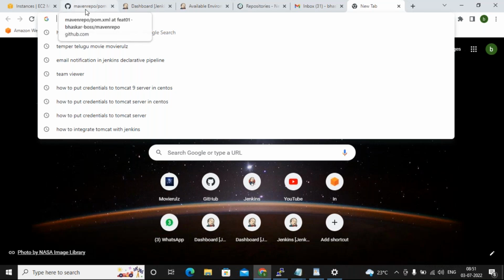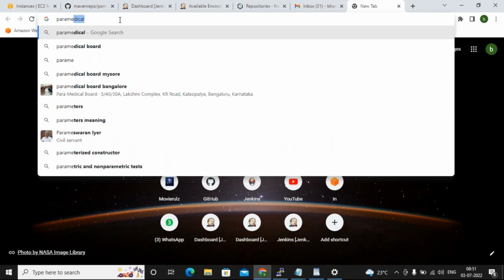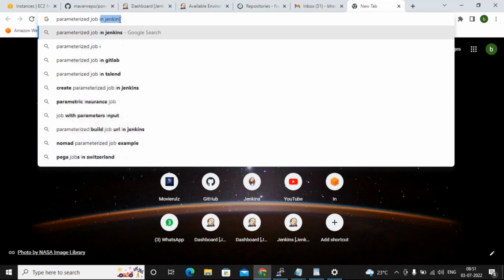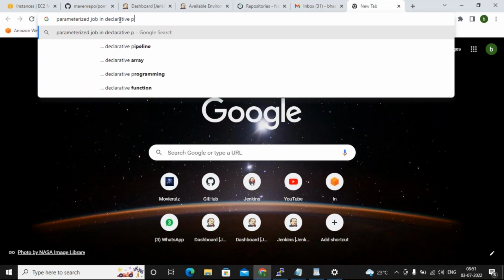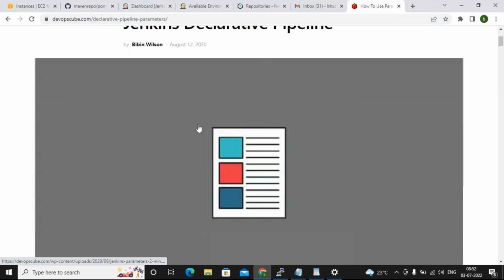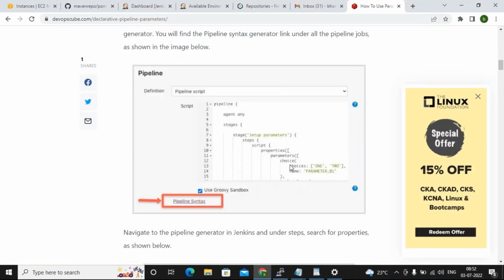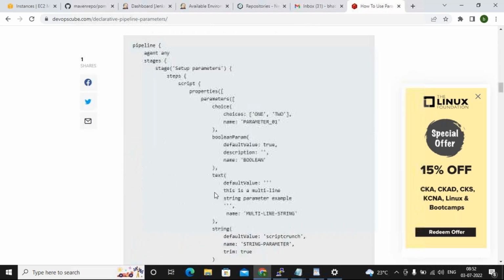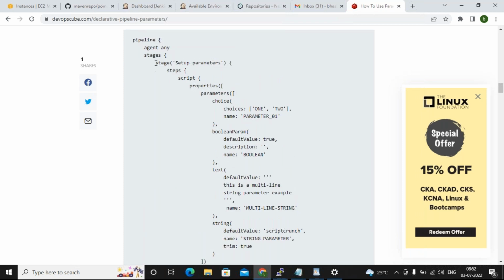I told you, the agent level and global level are the same, but when it comes to the job level in a pipeline, how do you define it? See, in stages itself, after the agent, we made one stage for our variables, like this: set up state variables, set up parameters.